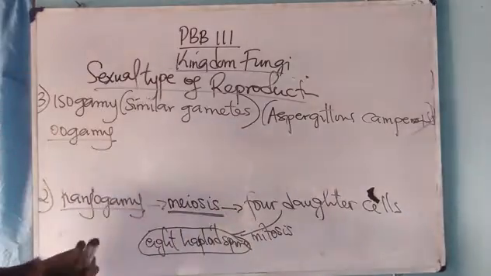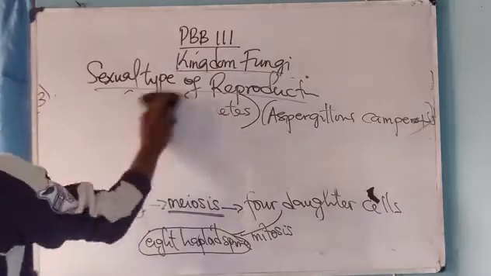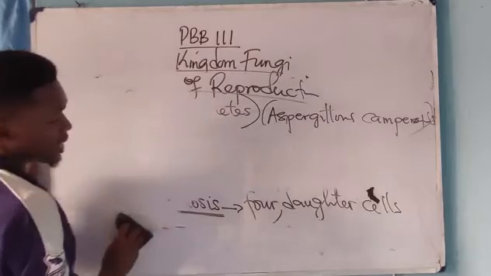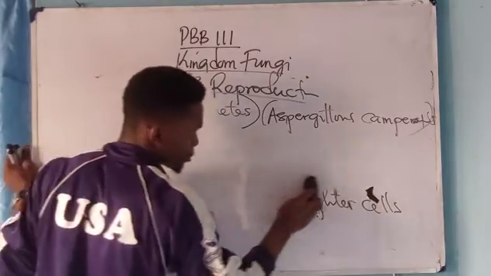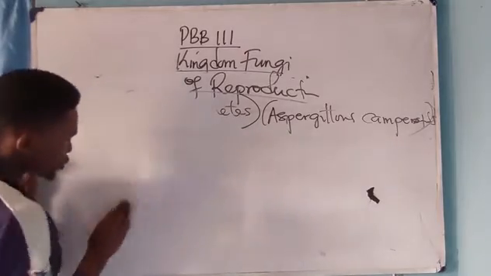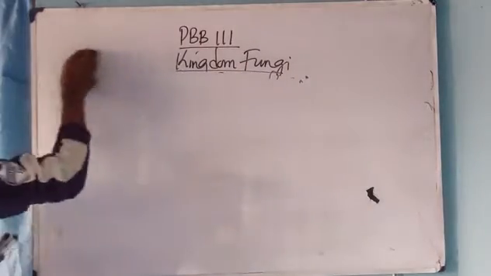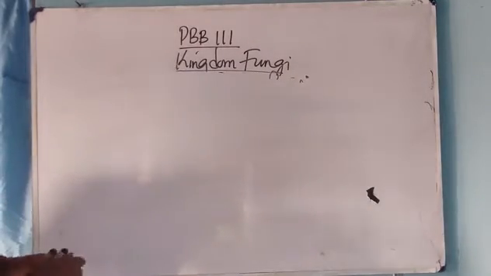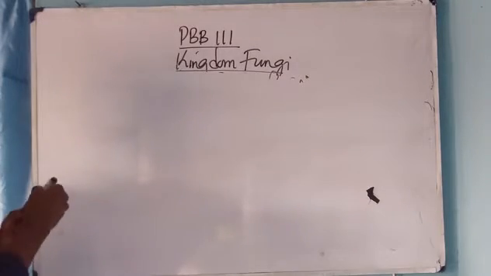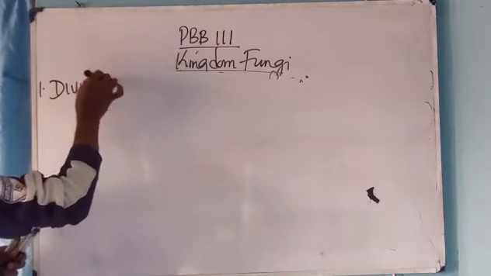So at this point, we'll call it a day. No, before we call it a day, let me give you the 4 divisions of kingdom fungi. There are 4 divisions actually, but there are 5 divisions of kingdom fungi, and the 5th one is a new division. Let me round off with this. These markers are faint already. But we have division